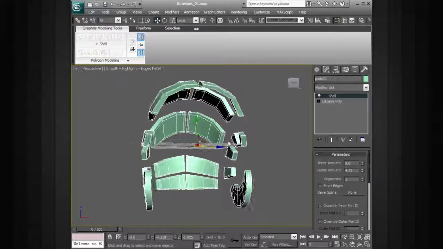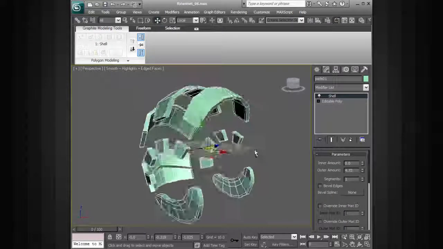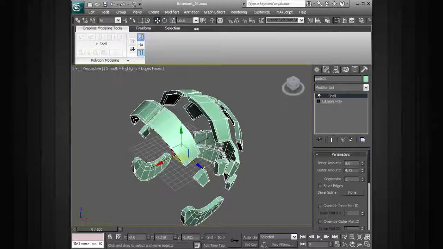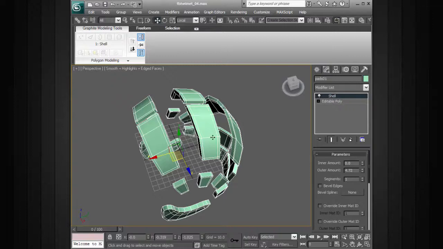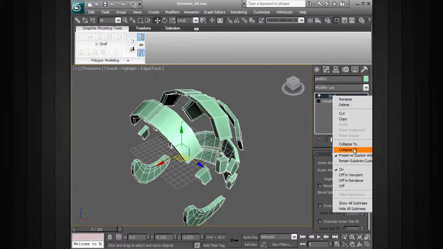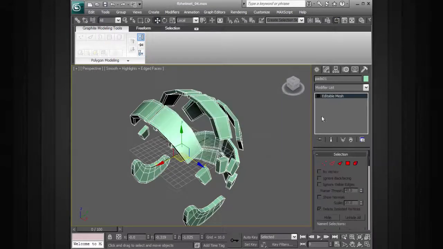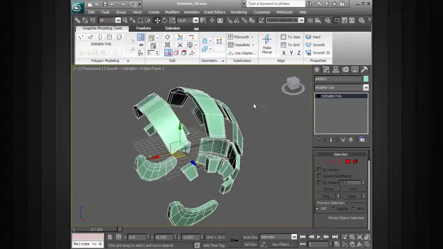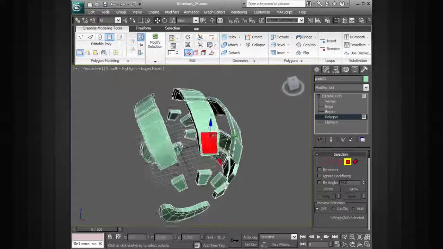All right, so now we've got the pads with some thickness. We've got them shaped a little bit. One thing that we do want to take care of is to probably get rid of some of the polygons out here. So we'll first go ahead and convert this down by collapsing the stack. Okay, we'll convert this to an editable poly. And once we've got that, we can come in and